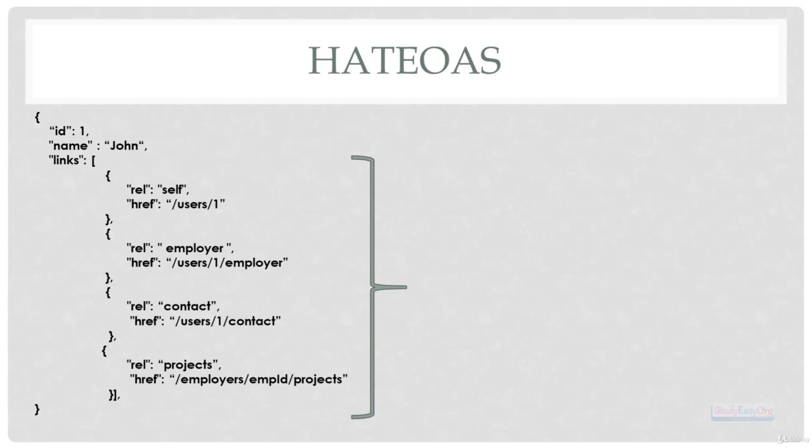Now, definitely the concept of HATEOAS is a little complicated, and as we grow and actually implement the HATEOAS concept in our own RESTful API, things will be cleaner and better understood by you. But as of now, understand that in our response of RESTful API, we can have these links, and using these links we can implement the concept of HATEOAS.